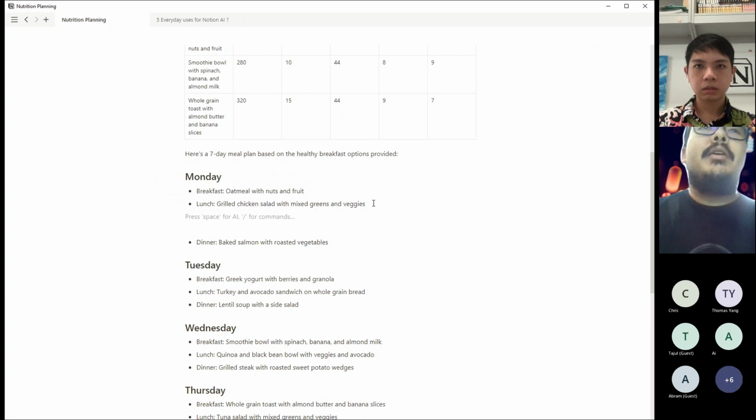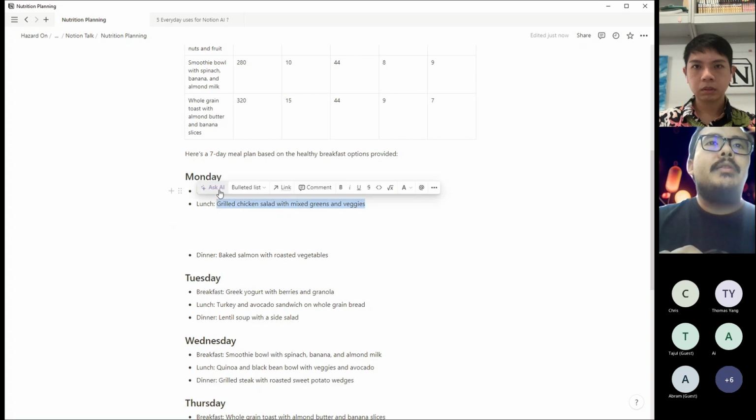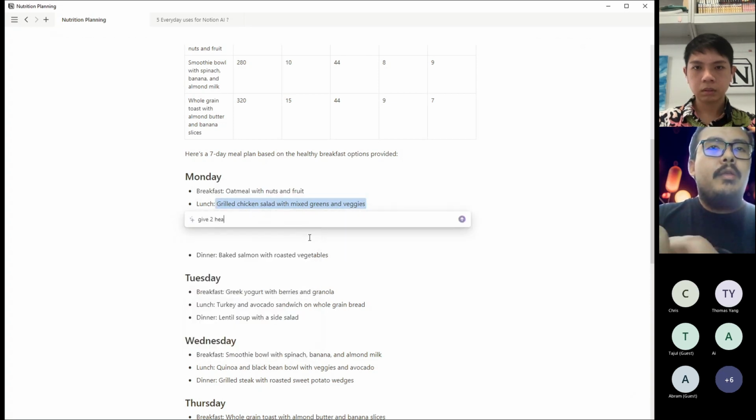The difference between ChatGPT and Notion AI is that you can make pages and you can also edit in turn. So if I just wanted this, I can highlight this, and you can ask the AI to make it healthy.